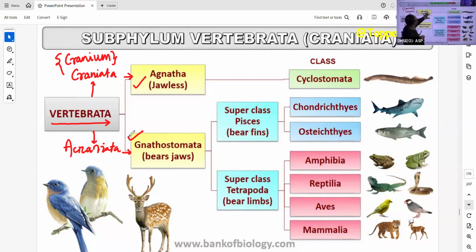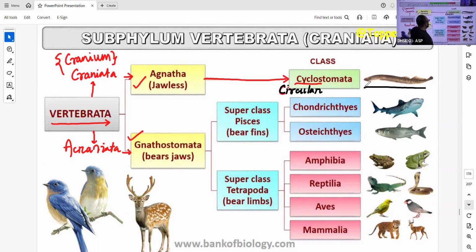Those who don't have any jaws, पूरा सर्कुलर माउथ ही था वो, उनको बोला गया अग्नाथा और जॉलेस। तो अग्नाथा कैटेगरी में यहां देखो साइक्लोस्टोमाटा है, साइक्लो माने सर्कुलर, गोल। एंड स्टोमाटा इंप्लाइज माउथ। ये किसके अंडर आते हैं? अग्नाथा के अंडर आते हैं। एज यू कैन सी द माइक्सिन और हैगफिश हियर, therefore they are examples of cyclostomata।